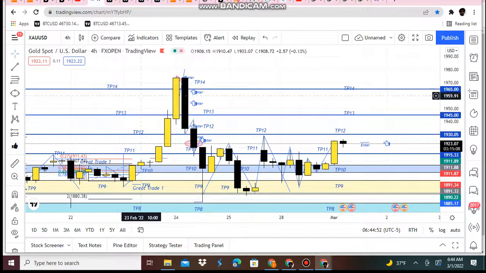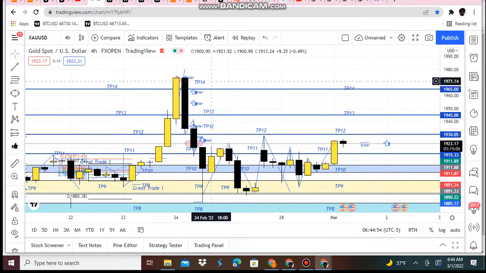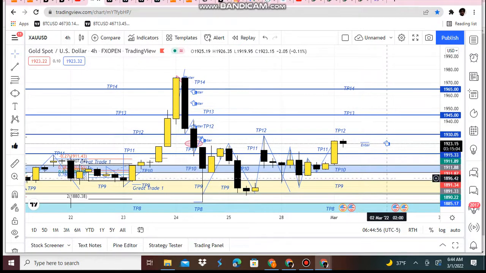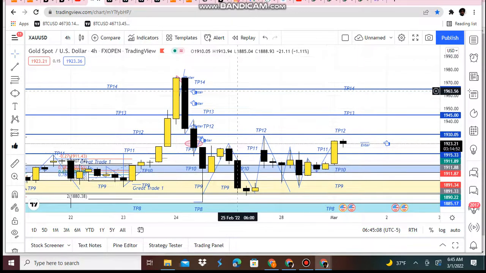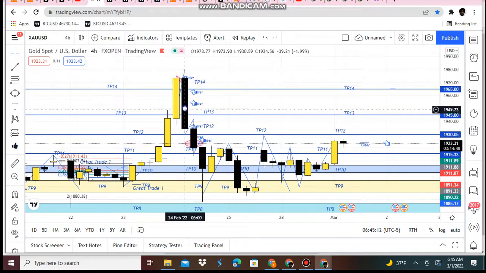We see this bearish engulfing pattern, and we've been in a downtrend ever since, and we should see during New York session price heading back down to take profit 10. And we should see price heading to 1905. And I'll keep you updated with that, gang, but I believe we're in a downtrend from take profit 14 from last week. Once we see this bearish engulfing pattern on a 4 hour,